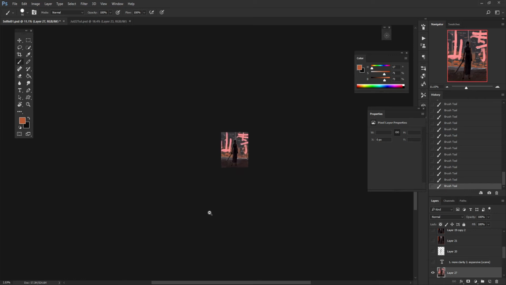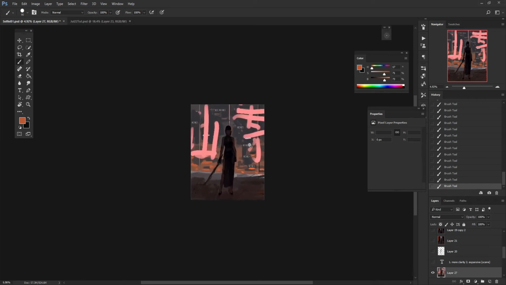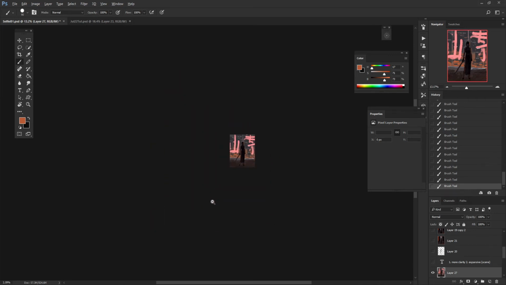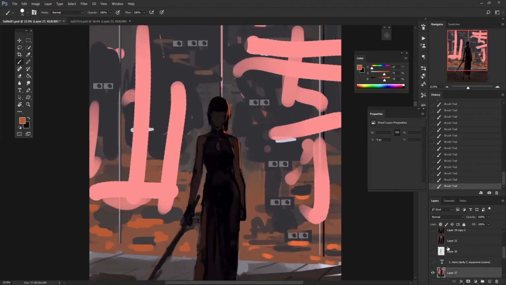Yeah, I think one thing it does nicely is to add a bit more energy to the cityscape. But I feel like the big ornamental letters are getting a bit in the way. So let's try to work without them for now. So again, right,